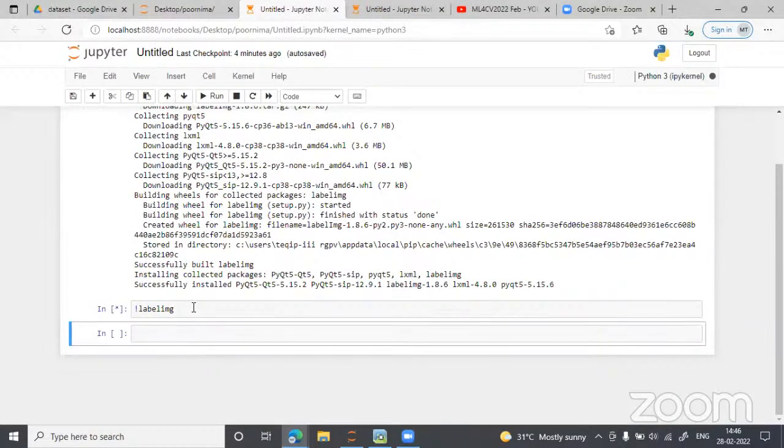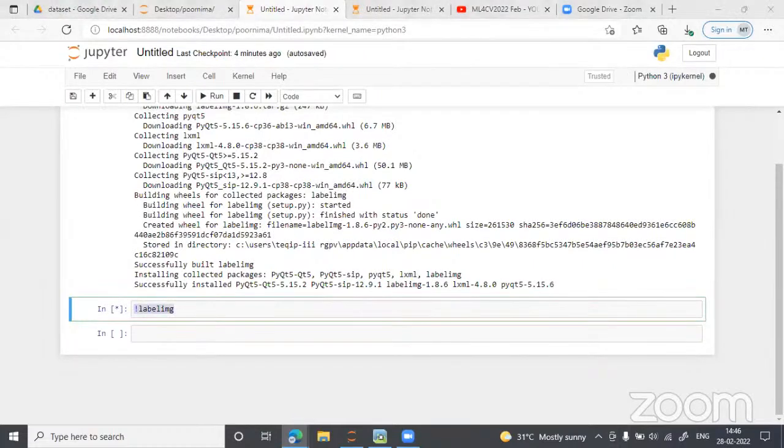It's labelImg. And if you are getting the error that it is not an internal or external command, that means